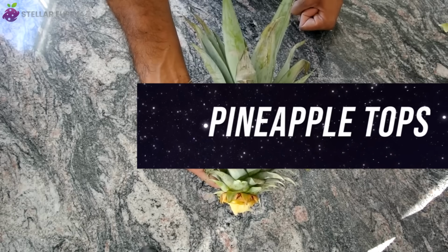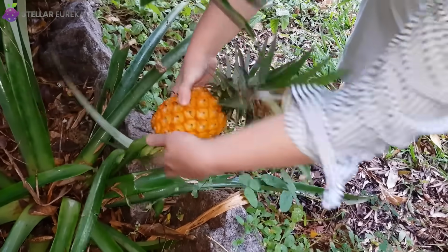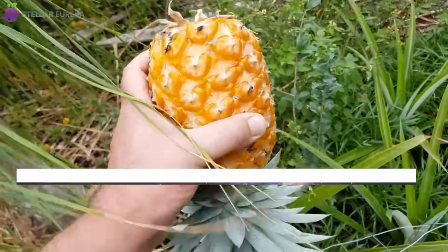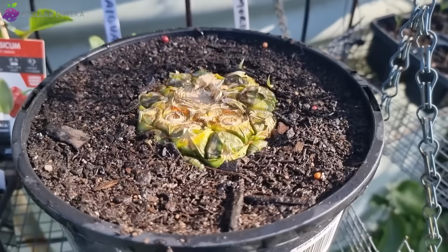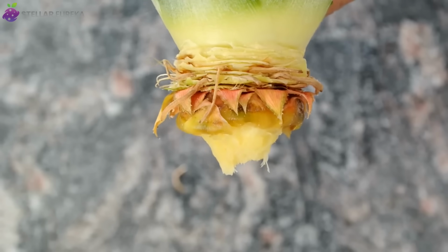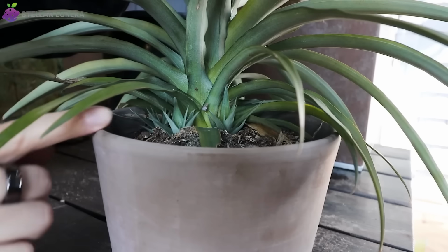We begin with something that sounds absolutely impossible until you see it happening. The leafy top of a store-bought pineapple can grow into a full pineapple plant that produces its own fruit in 18 to 24 months. It's one of the most rewarding long-term projects in gardening, and it starts with something you normally throw away. Cut the top off a fresh pineapple, leaving about an inch of fruit attached to the crown of the leaves. Let it dry for a day, then either place it in water to root or plant it